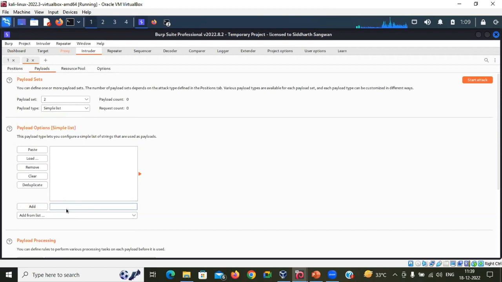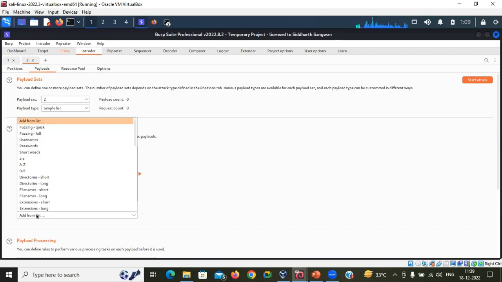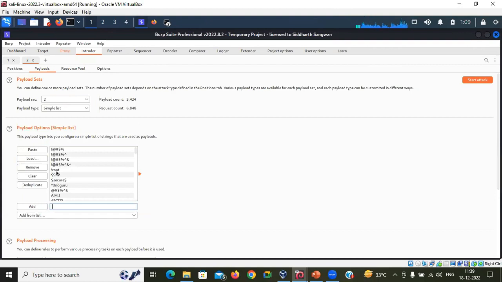If you have a password list, you can load it by clicking Load to load items from a file. Or you can select a password list from the Add from list option here. Click on Passwords, and it can load default passwords or a number of passwords. It will guess the password from these, and ultimately it will find your password. I guess there must be your actual password in it. If not, then this password list will not be